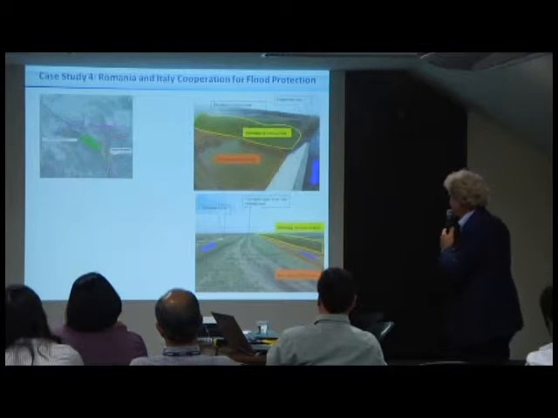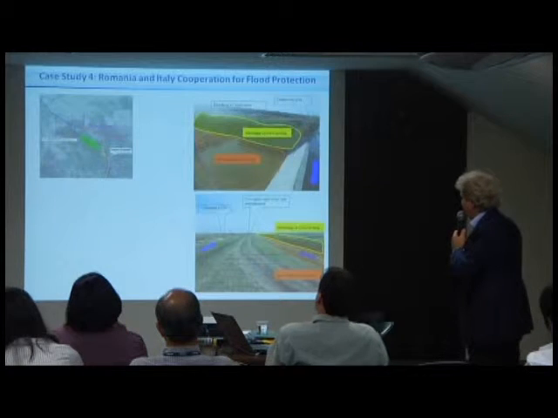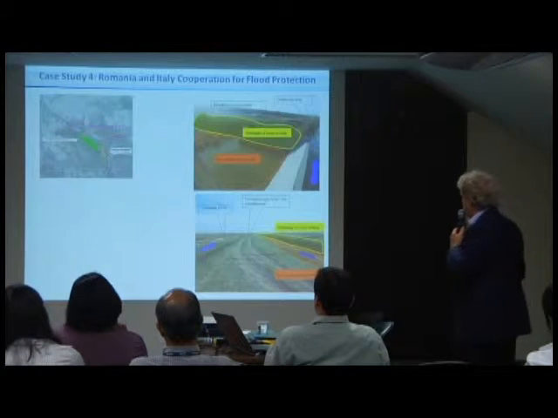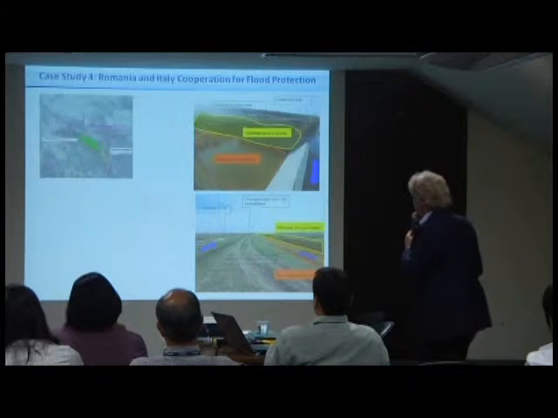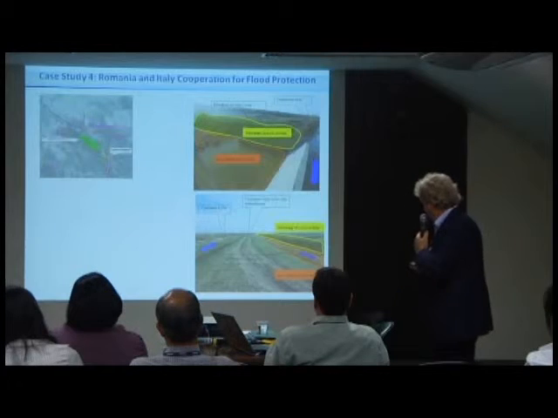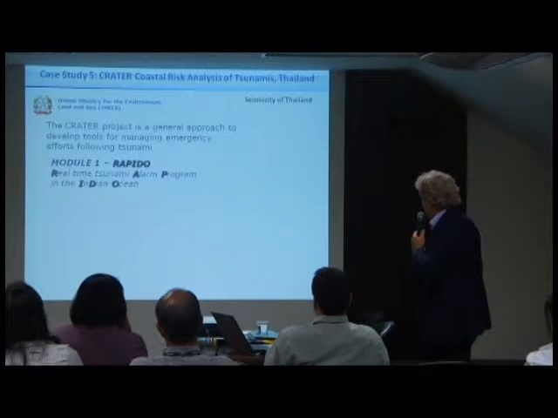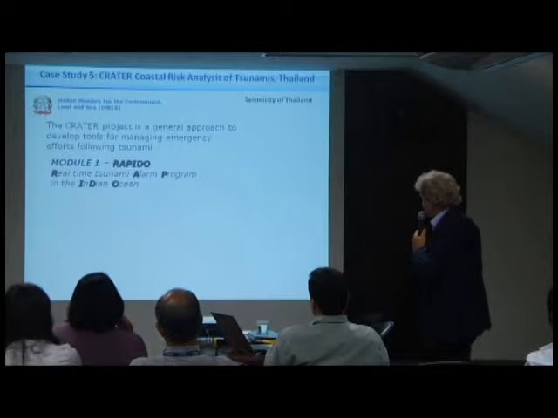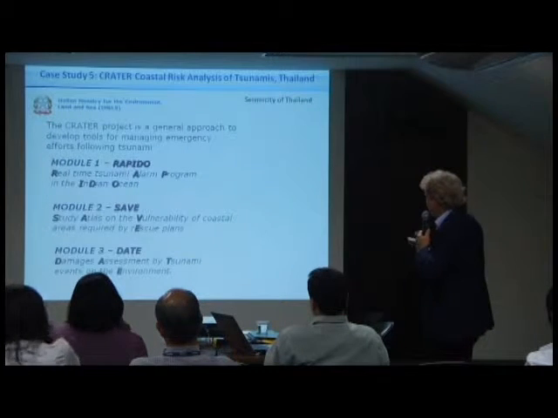Okay, these are some examples of the intervention which has been planned and implemented, which again are mainly retention basins or the widening of cross-sections of the rivers. Then we have the last case study, which is Crater, which is a project